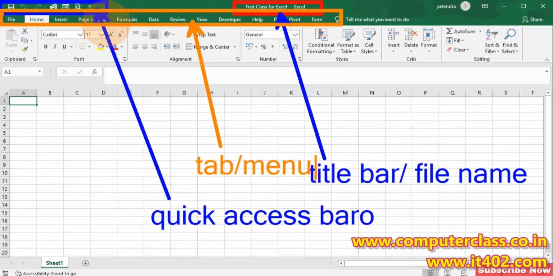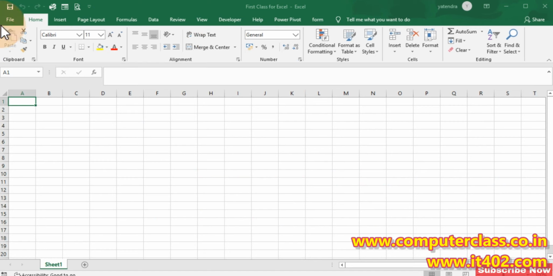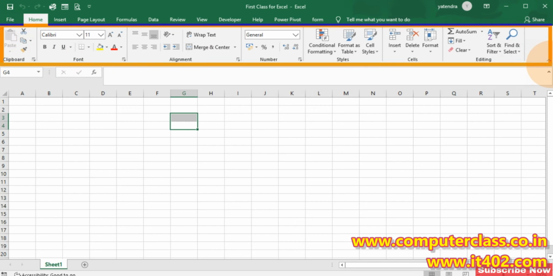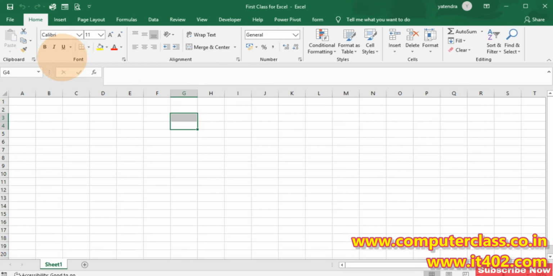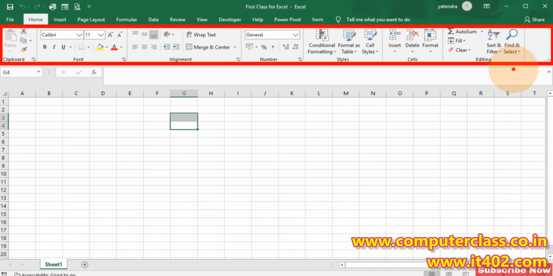After clicking any of the menus, you need to come to this particular area, and this area is called the ribbon bar. These are the menus, and this is our ribbon bar area.